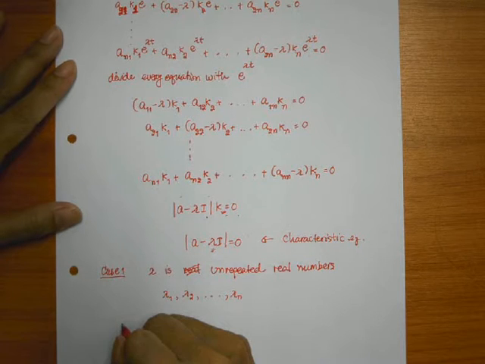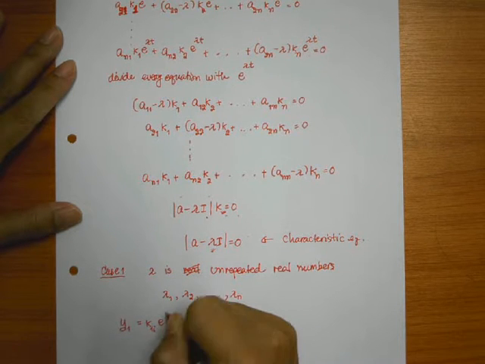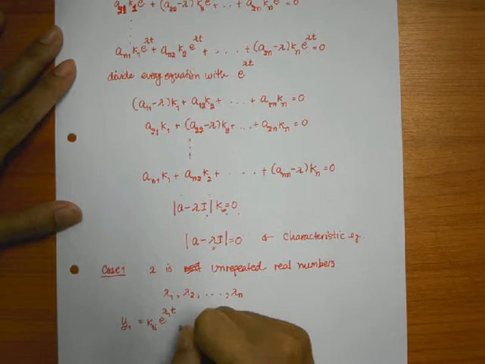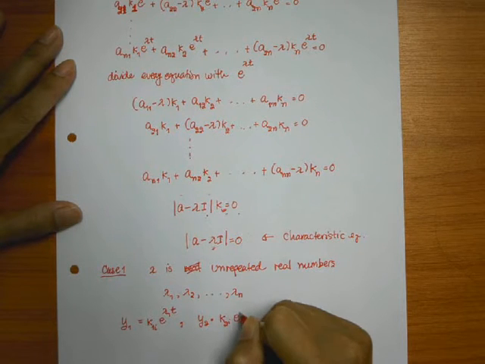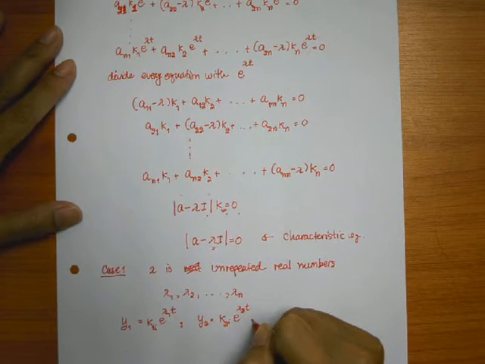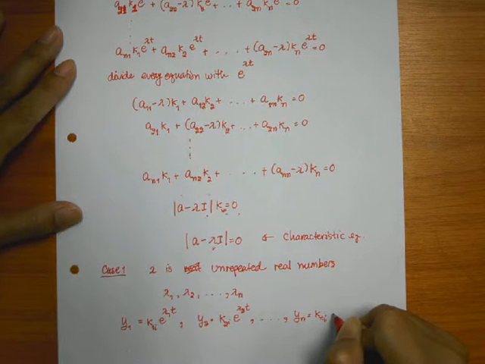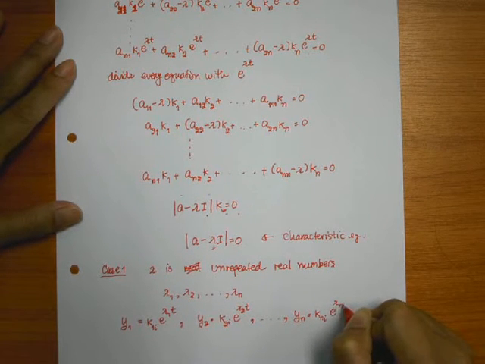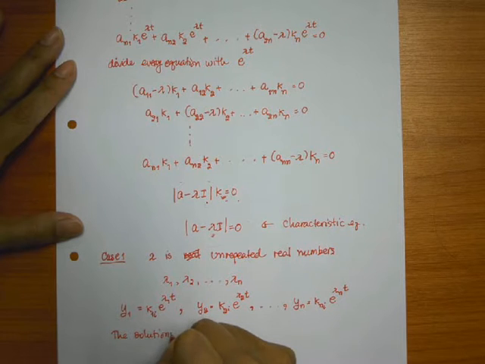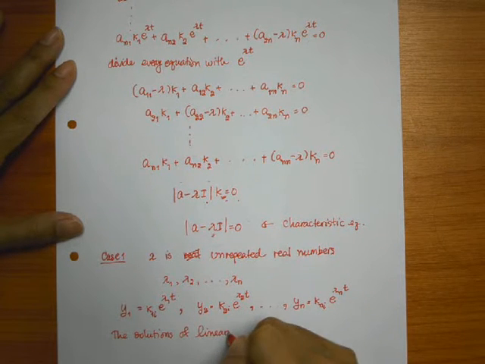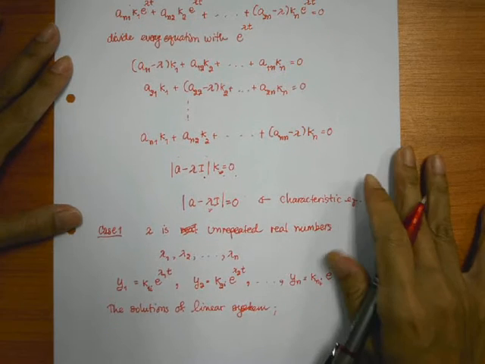then we would know that our y1 is equal to k1i times exponential of lambda 1t, and y2 is equal to k2i times exponential of lambda 2t, and yn is equal to kni times exponential of lambda nt. So the solution